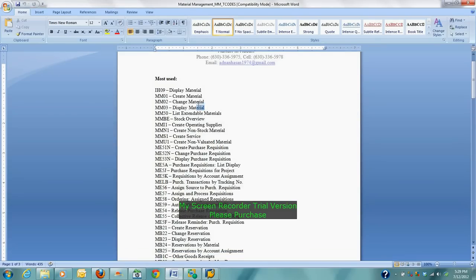For example, they want to assign these 4 transactions in that role, and your team lead says that for the purpose of organization, we will assign all the display transactions in the display folder and all the create or change transactions in the create folder, okay.